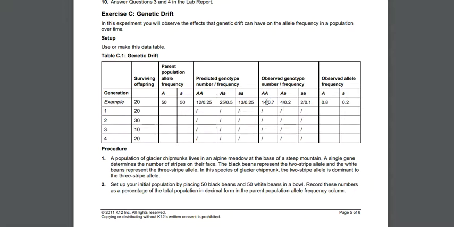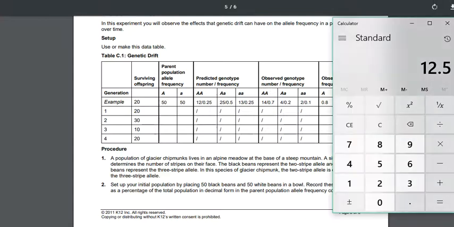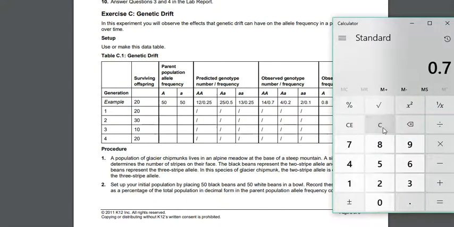And remember, in order to calculate frequency, all we have to do is take part over the whole. So we pulled 14 out of 20. If you put that in your calculator, 14 divided by 20 gives us 0.7. So that's where that 0.7 comes from. Then we'll do 4 divided by 20, which gives us 0.2, and then 2 divided by 20 gives us 0.1. So there is our number and frequency for our observed genotype, or the ones that we pulled out of our